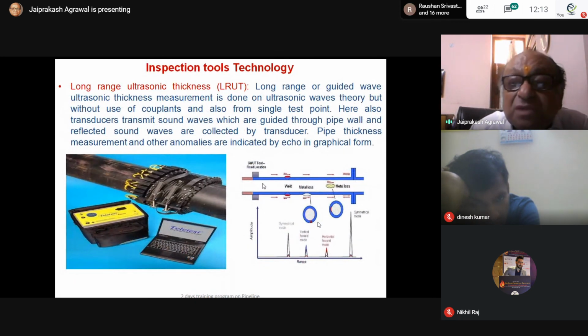So here we have shown the graph. You see, there are different metal losses, and see, this is the weld. This will show the weld anomalies. No defect, but there is a weld. Here is the metal loss. So it is showing the metal loss, the bottom portion. There is also metal loss. You see, if it is of a very high nature, this is there.